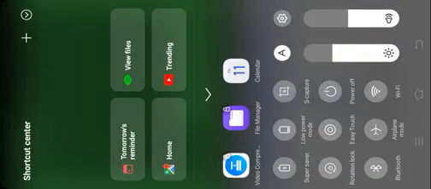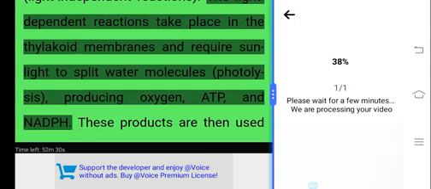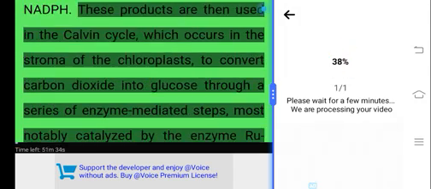The light-dependent reactions take place in the thylakoid membranes and require sunlight to split water molecules (photolysis), producing oxygen, ATP, and NADPH. These products are then used in the Calvin cycle, which occurs in the stroma of the chloroplasts, to convert carbon dioxide into glucose through a series of enzyme-mediated steps, most notably catalyzed by the enzyme RuBisCO, ribulose bisphosphate carboxylase